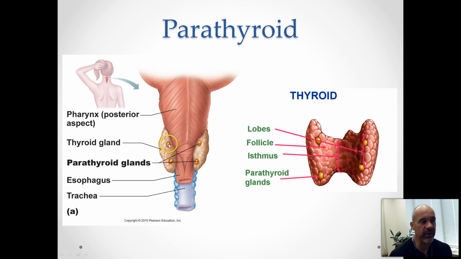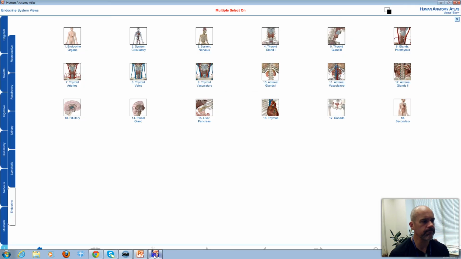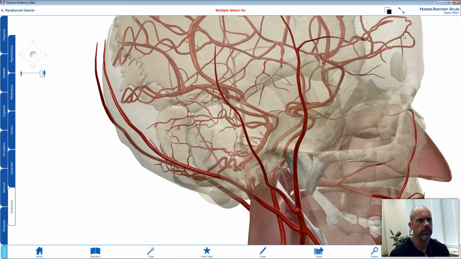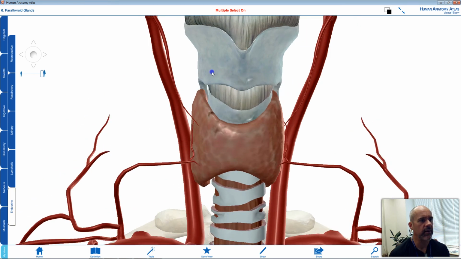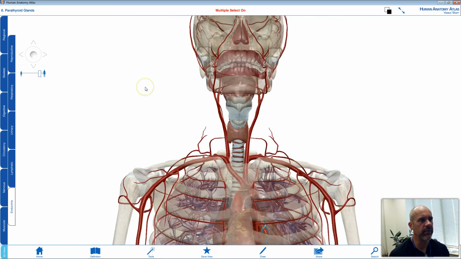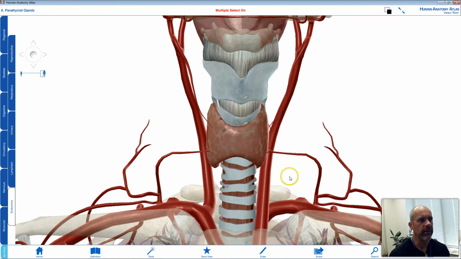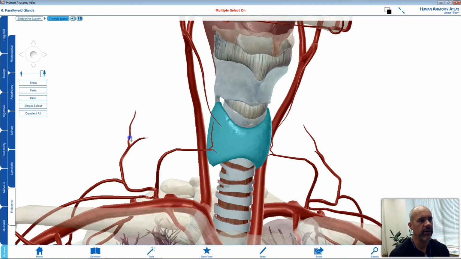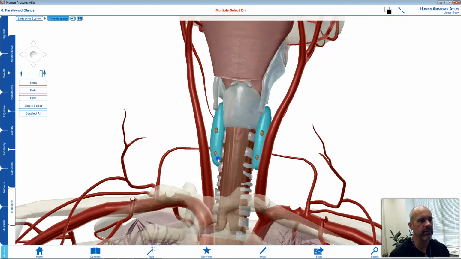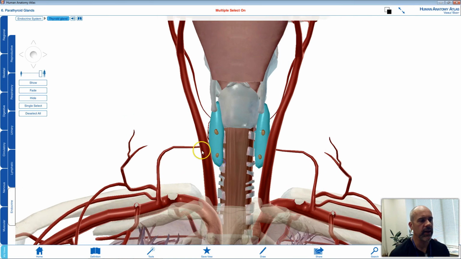And on the posterior side of the thyroid, most people have anywhere between 4 and 8 of these little tiny glands called parathyroid glands. And let me show you those on visible body. You can bring up our parathyroid gland. All right, let's rotate this guy around and kind of zoom out a little bit. There's the thyroid gland sitting on the anterior side of the trachea. And if we wrap this around on the back side and zoom in,